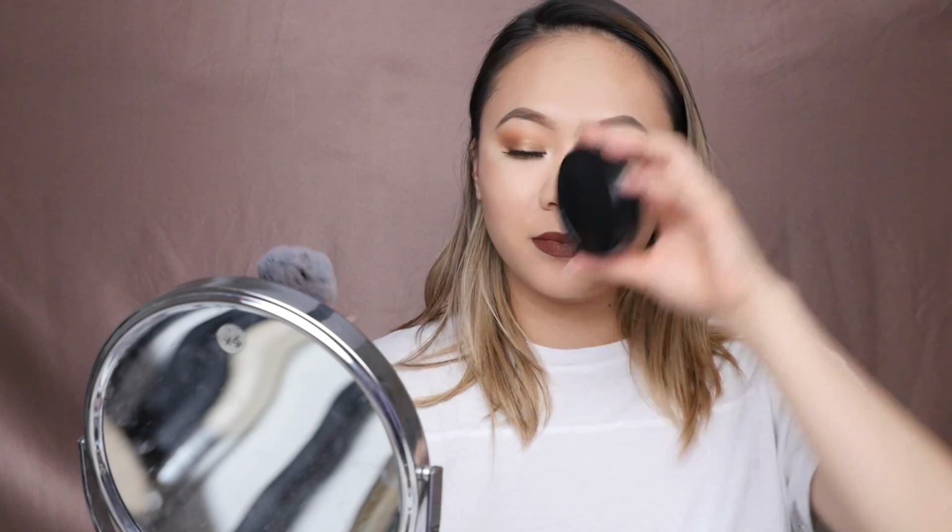So last but not least, I'm going to be setting my face. I'm gonna use my MAC Mineralized Skin Finish Natural. This just sets everything and